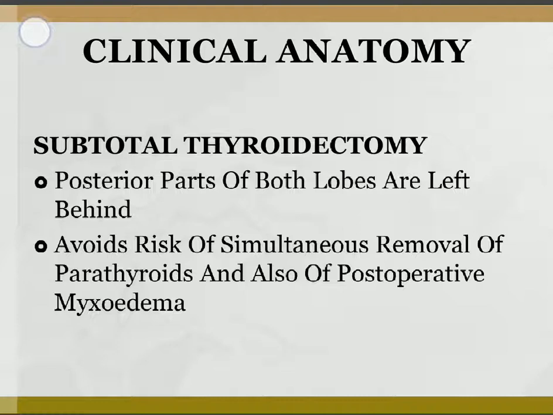मतलब अगर किसी को hyperthyroidism है and उसका thyroid gland remove किया और एक साथ पूरा gland remove कर दिया, तो उससे जो है reduction हो जाएगा, sudden reduction हो जाएगा thyroid hormone का, and that could lead to myxedema, that could lead to a severe form of hypothyroidism. तो वो ना हो, एक balanced level बना रहे, इसके लिए जो posterior part है जहाँ पे parathyroid glands भी हैं, तो उस portion को remove नहीं किया जाता है and बाकी का portion remove कर देते हैं. That is subtotal thyroidectomy.